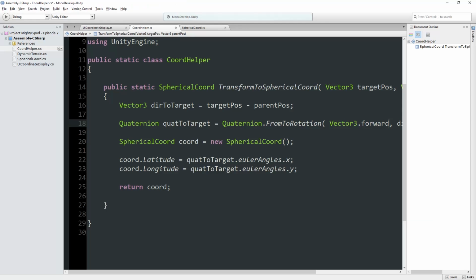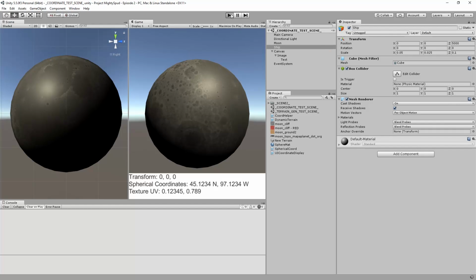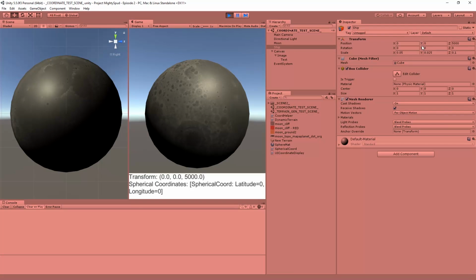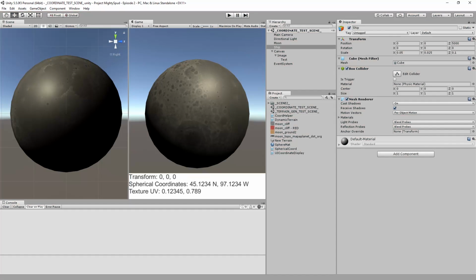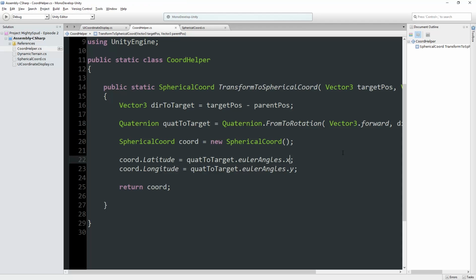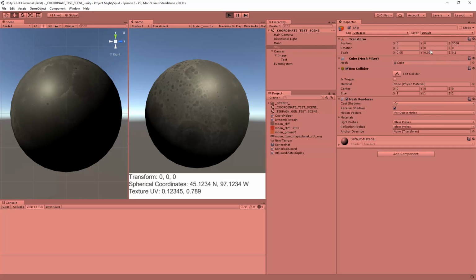I think we might want vector 3 dot forward. Let's try this, and then we might have to offset things by 90. So that gives us a latitude of 0. If we go upwards, it goes to 360. If we go downwards, it starts to grow. If I just take this and say minus 90, that's not quite going to work out, but it's going to get closer. I think we've got to deal with the looping. So if I go positive,